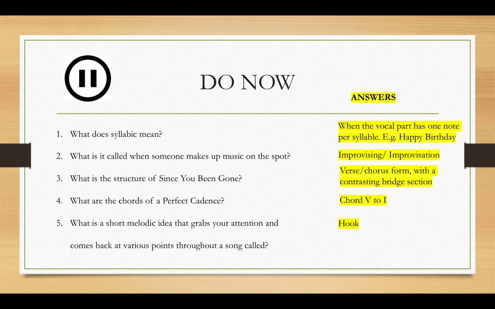A hook is not the same as a riff, because a riff is a repeating musical pattern that continuously repeats. But a hook might only be played once or twice at the beginning and then come back between verse 1 and the chorus, or come back later in the bridge or something. It's not necessarily something that repeats over and over again like a riff does, so don't get those two confused.